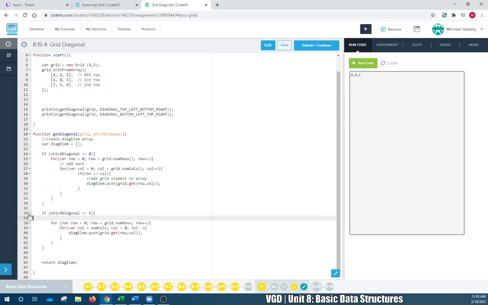Go ahead. It returns the same exact. If which diagonal equals 0, it pushes that. If it equals 1,